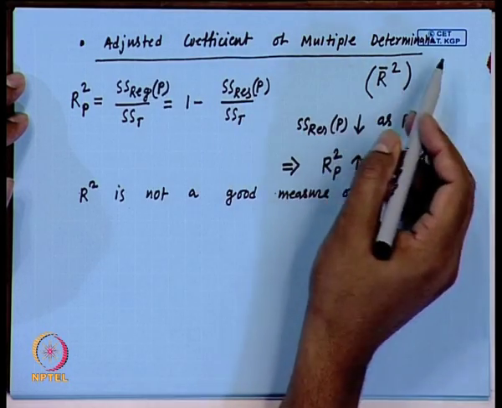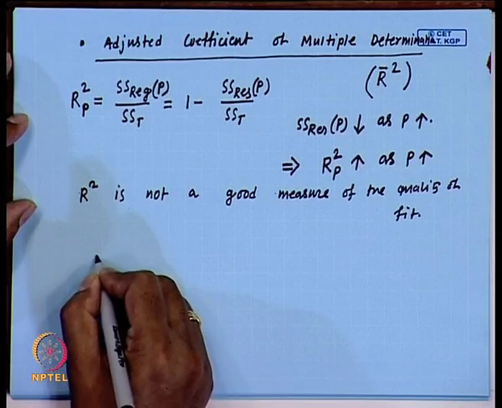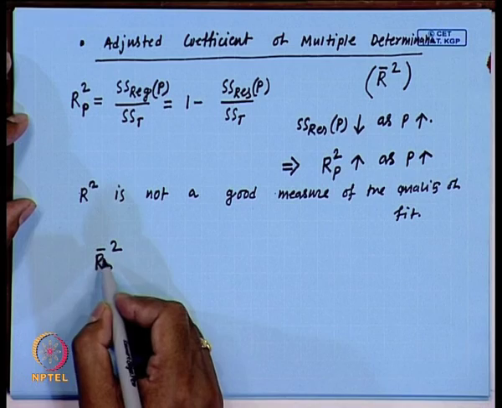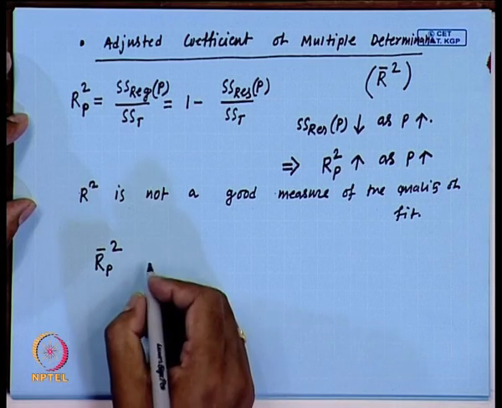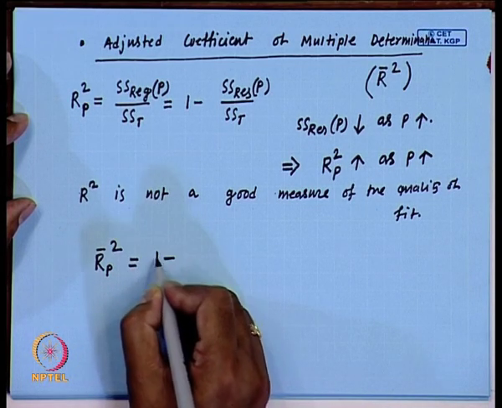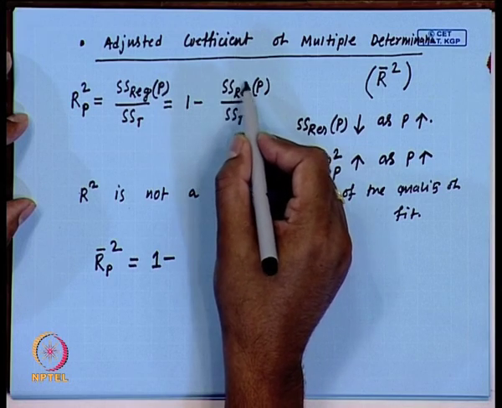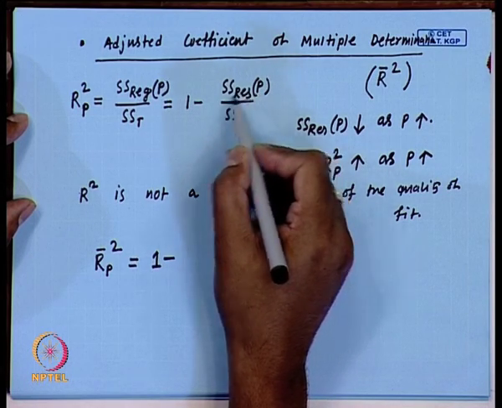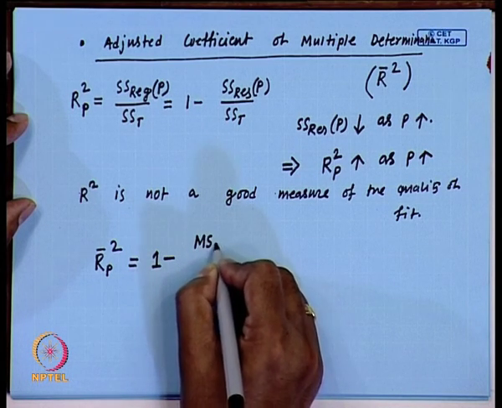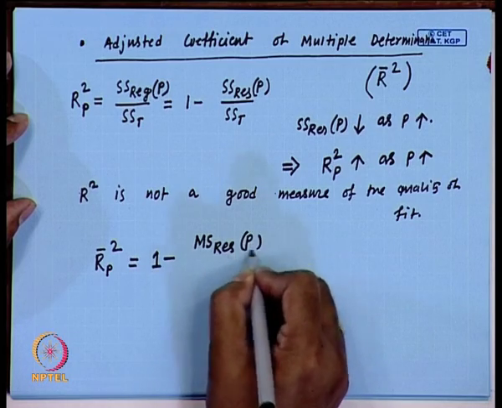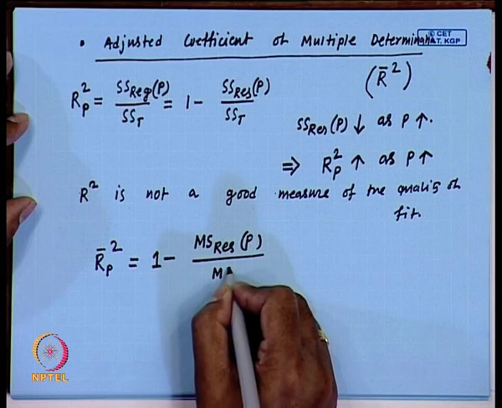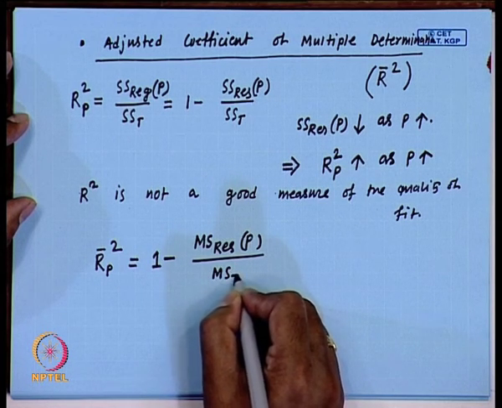Well, so that is why we introduce the adjusted coefficient of multiple determination. So, what is that? This R p bar square is the adjusted coefficient of multiple determination. The only difference is that here we replace SS residual p by MS residual p, and here we replace the SST by MST,